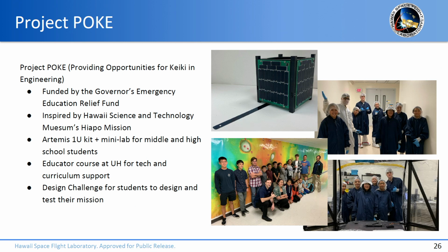of learning. And this was inspired by the Hawaii Science and Technology Museum, who won a launch on the Firefly Alpha 1 in 2019. They came to us with $5,000 and a dream to launch a satellite in 3 months. As you know, Firefly Alpha took a lot longer than just 3 months to get off the ground. However, we were able to deliver a satellite to them, but we noticed a problem that we needed to solve, or that we wanted to solve,